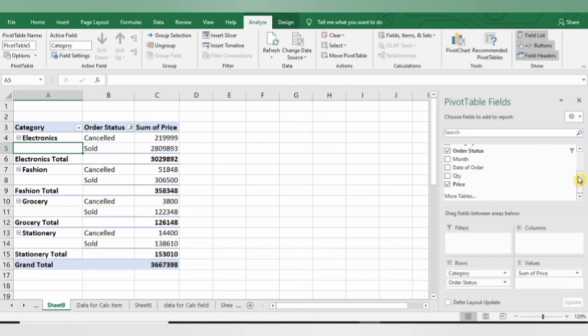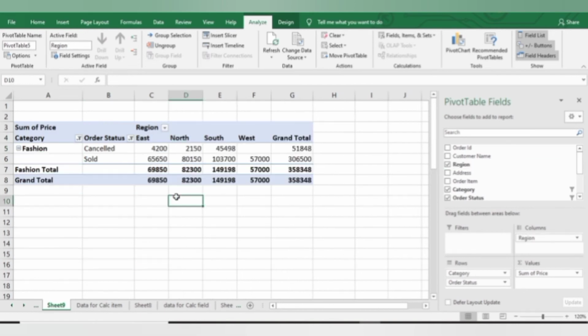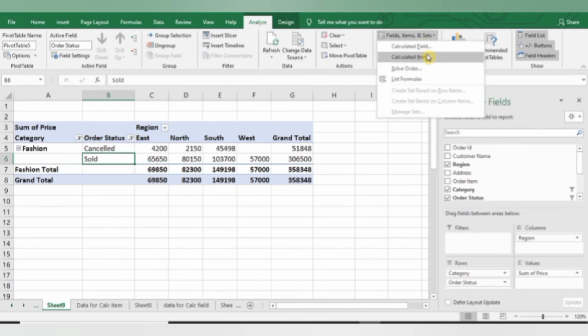Now if you want to apply 2 calculated fields simultaneously, for explaining this I am taking Region also. So here as you can see, I have the Fashion category of product in my data. It is showing me the Cancelled price for each of the regions separately and the Sold price for each of the regions separately. Now if I want to calculate the cancel rate, that is how much percent of orders are cancelled, for this I will again go to the Analyze tab, and then from here Fields, Items and Sets, Calculated Item.